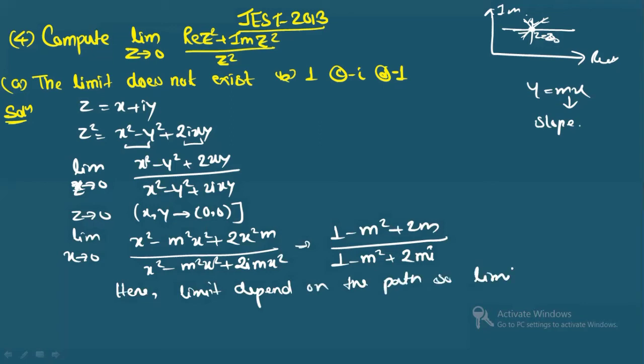So the limit does not exist. Clear? So the option is option A. You will have to just remember, I'm writing here,